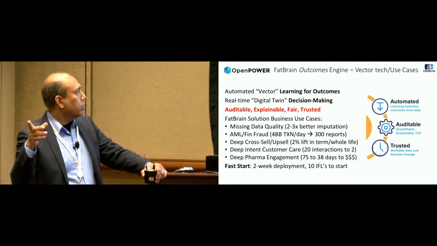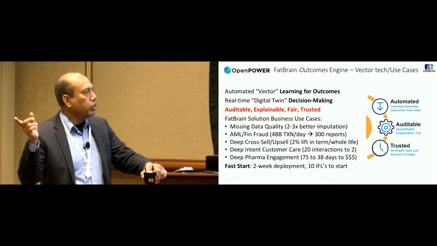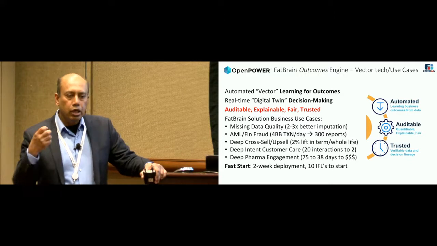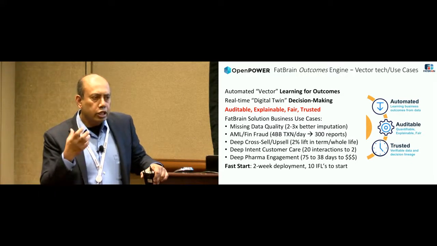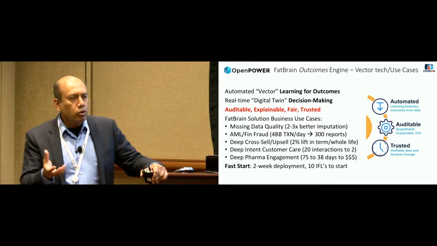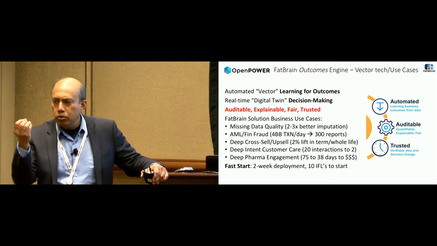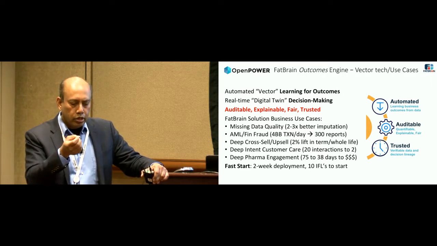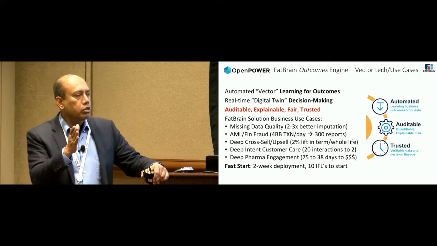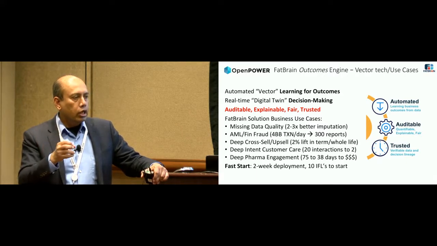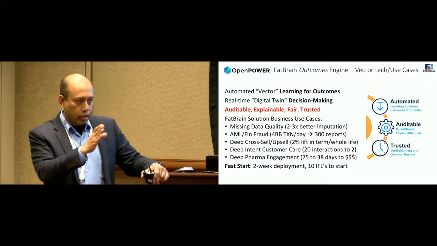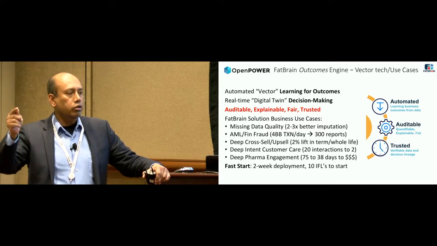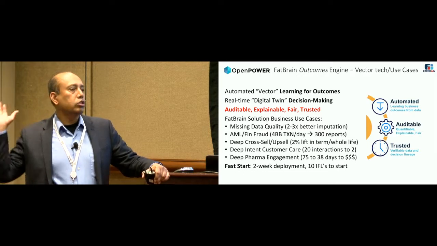A few minutes ago, in one of the other sessions on AI demystified, one of the aspects that came across is deep learning and machine learning, and especially deep learning. These models are so complex that they can latch on to nuanced correlations that exist in the data. For example, the example that was given was a deep learning system that is trying to distinguish between dogs and wolves. It turned out it was doing a good job figuring out images of dogs and wolves, but it turns out for the images of wolves, it had latched onto the idea that in most images of wolves, there was snow in the background.